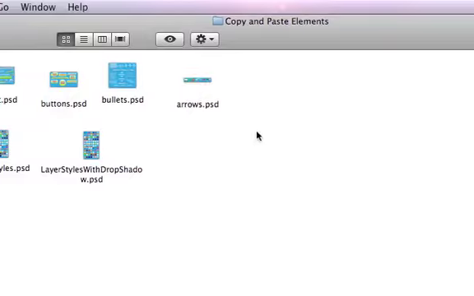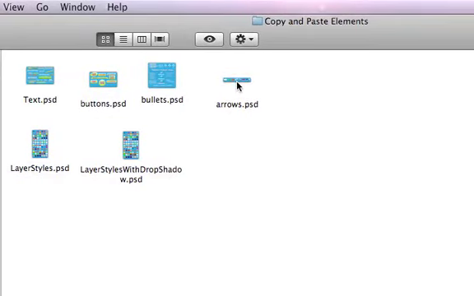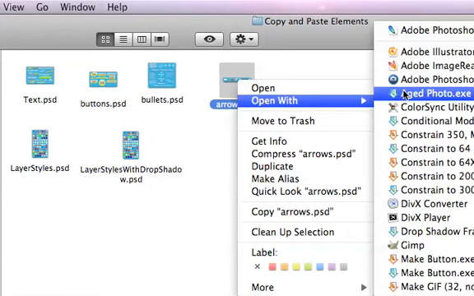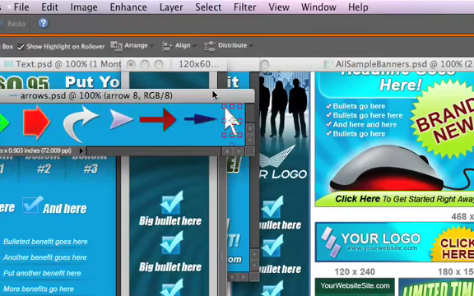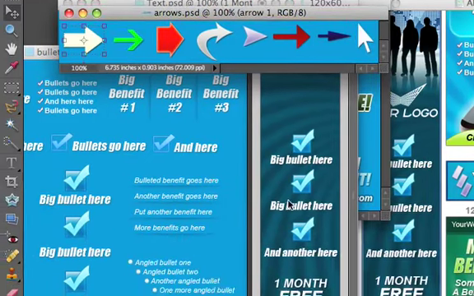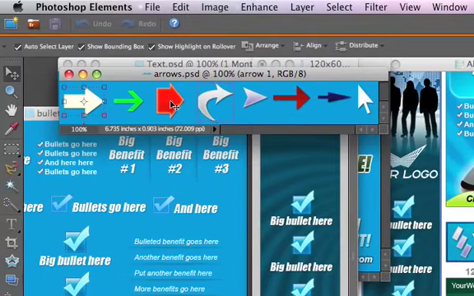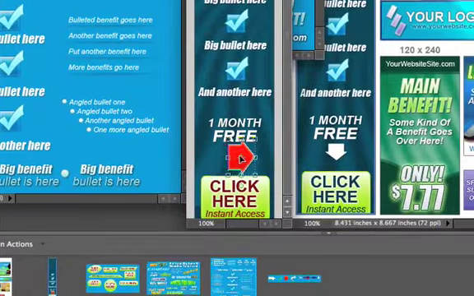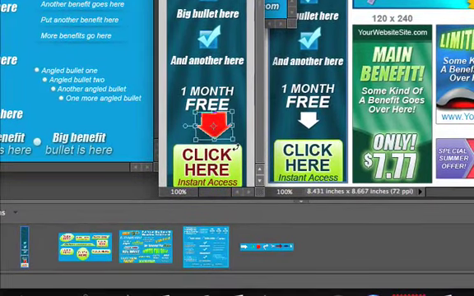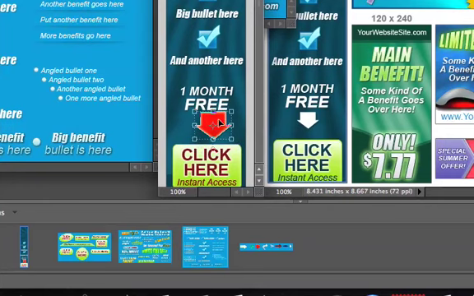I just added this brand new copy and paste element here called the arrows, and you can find them in the copy and paste elements folder. So there's 8 different arrows that you can choose from now, and this looks like the one we want to use. So I'm going to drag this over, I'm going to rotate it, make it a little smaller,